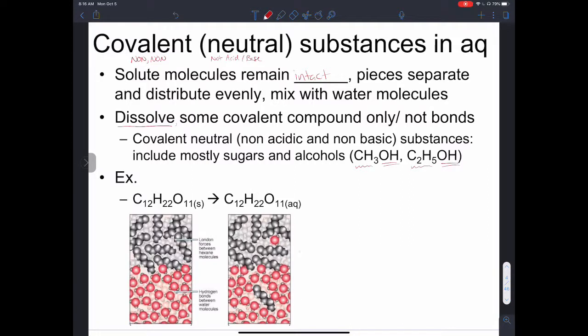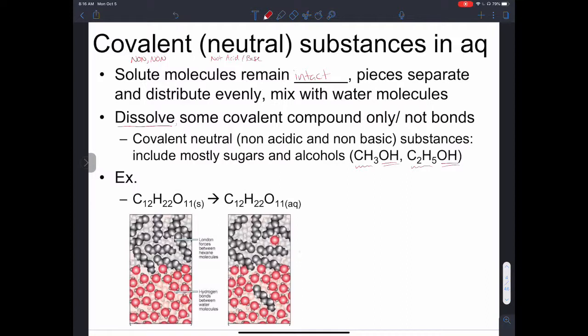And on tonight's homework, there'll be a couple of alcohols that you'll need to identify as covalent. And this is the general structure. It has an OH group on the end and something in the beginning with a carbon and a hydrogen. So it's an organic molecule. That means it contains carbon, but it also has that OH group. Here's an example as well